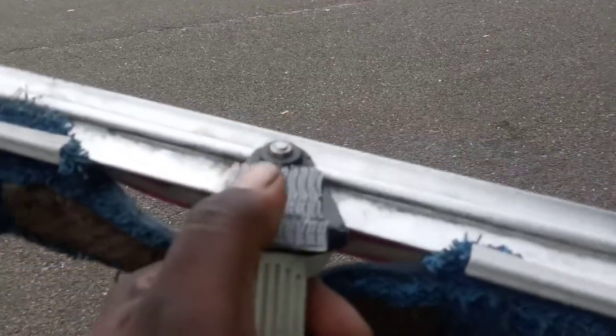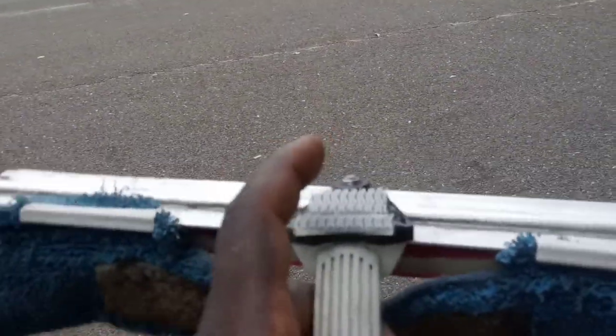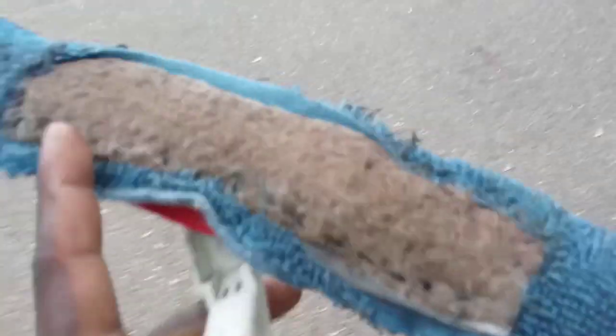And this is the perfect spot for that. If you have the disc one, the orbital type disc one, I guess you could probably pretty much produce the same illusion of what I'm doing here. But I'll show you in action. Not only do I have it on the back of the squeegee, I have it on the bottom. This works good, but